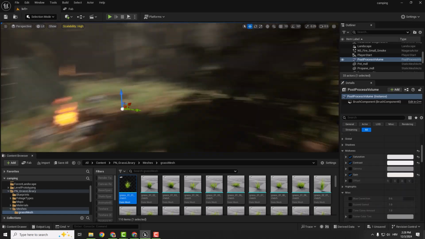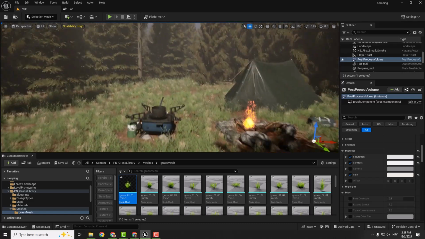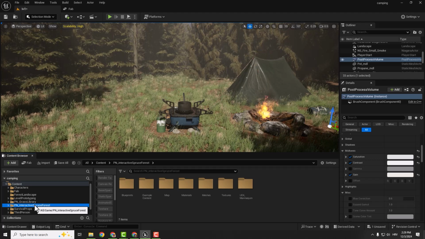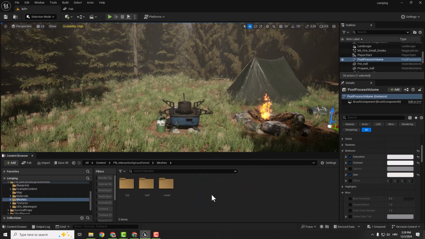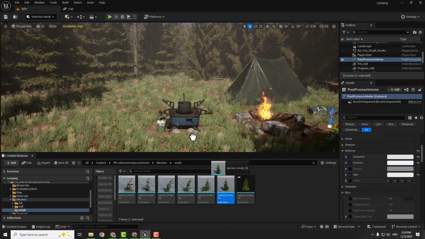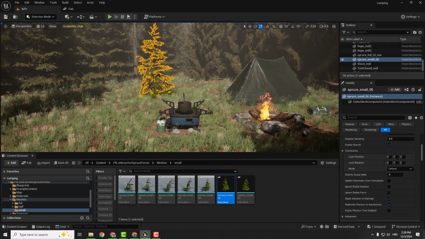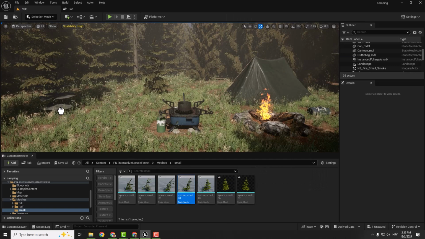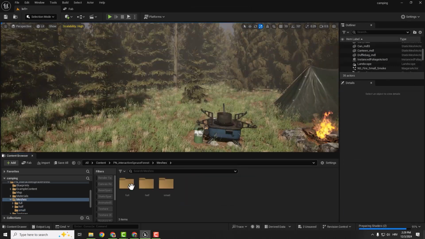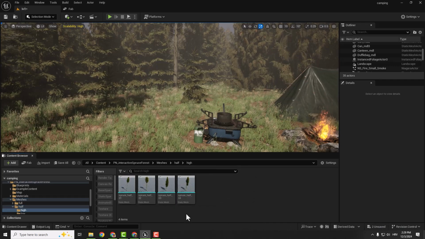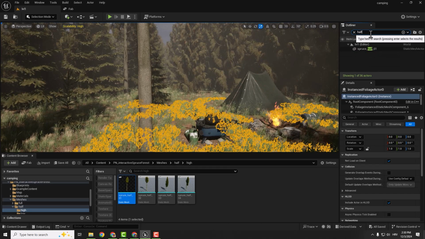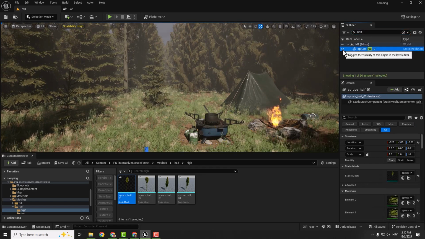So this scene is a little bit empty, so we will add a few trees over here. We can do this by selecting this interactive spruce forest, go to meshes, and go to small, and for example add this one and make it a little smaller. Also we can add this one here, make sure to enable the Nanite as always, and we can go to meshes, high, and add this big tree here,